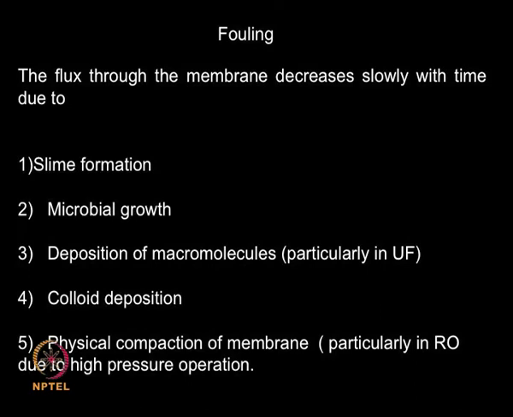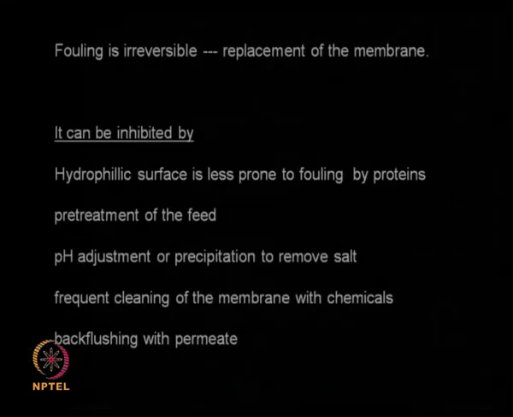So the flux gets affected over a period of time because of slime formation, because of microbial growth, that means you can have bacteria, algae, fungal, all those things, deposition of macromolecules especially in ultrafiltration membranes, because ultrafiltration may be having a lot of proteins and other material, colloidal deposition, lot of colloids, salts, and physical compaction of membrane, because you are applying such high pressure especially in RO that the whole membrane gets collapsed and compressed, that is called the physical compaction. So all these factors affect your